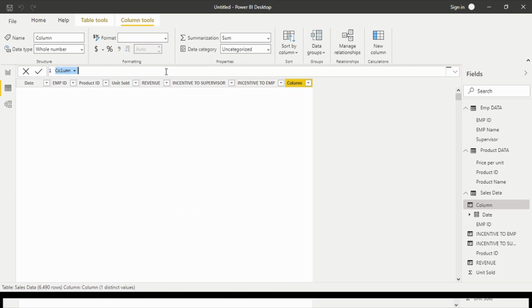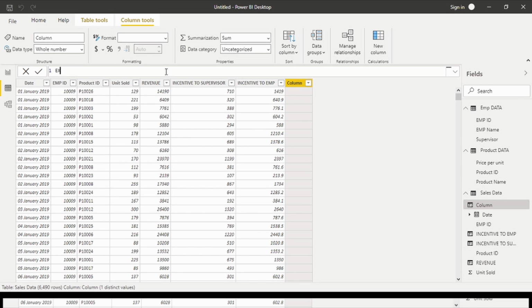So expenses is equal to, we assume that we have 50% expenses for production, wages, all these are included.